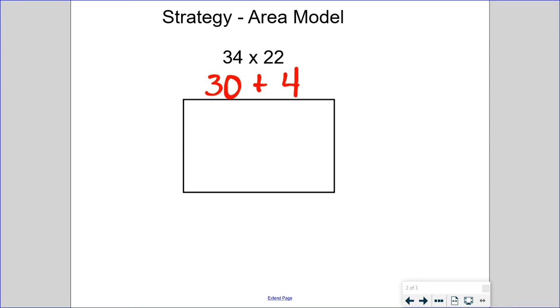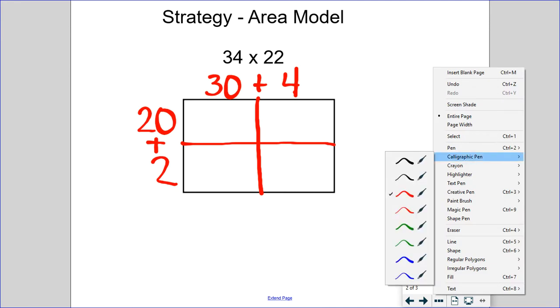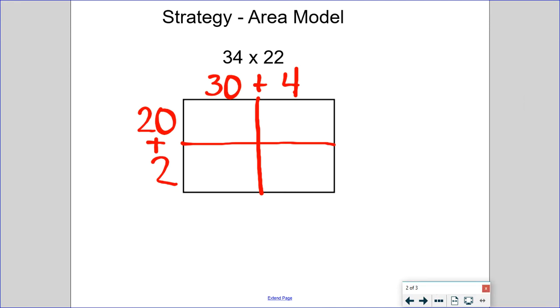So we have our ones place with the 4 and our tens place with the 30, drawing a line down the side. Instead of just doing one digit over here, we're going to do the same. We're going to do 20 plus 2, and we're going to have now 4 boxes instead of the other boxes. So I'm thinking when I'm doing this, I still have to multiply these numbers. But what I'm going to do